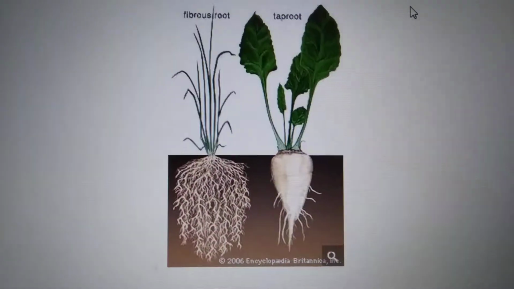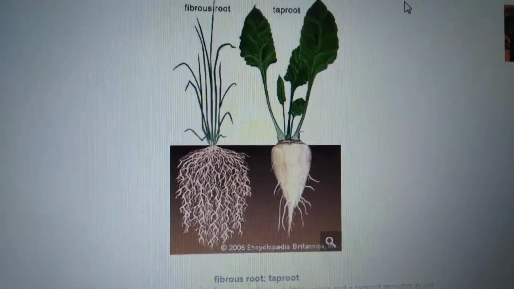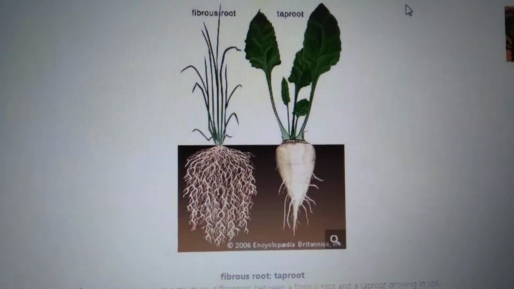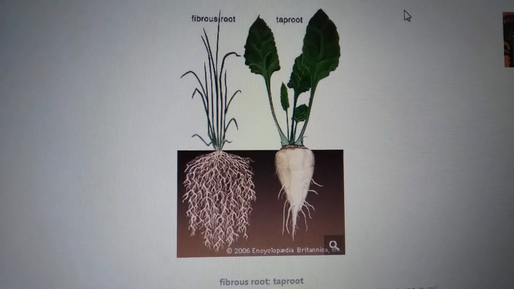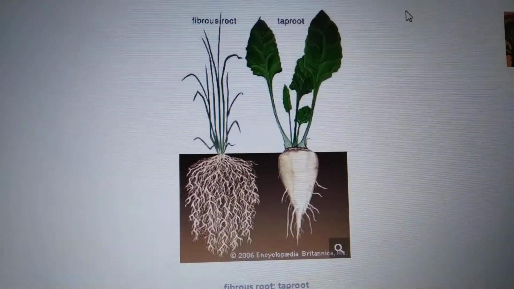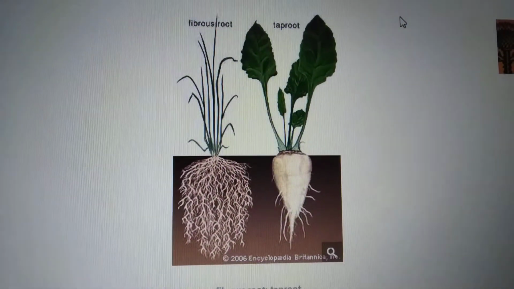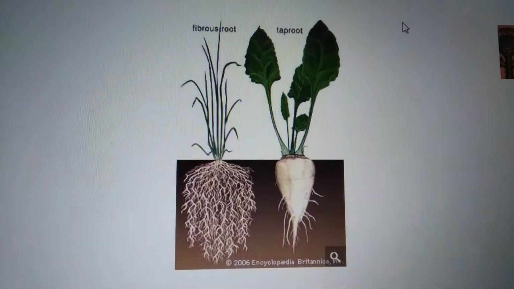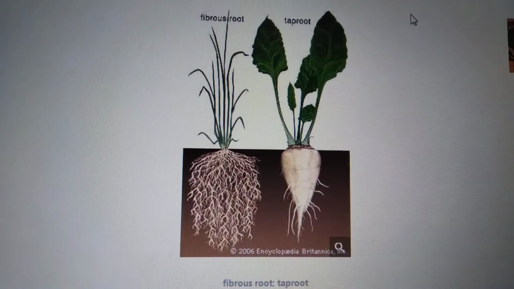Children, today we are going to discuss lesson number 2, page number 178, parts of the plant. What is the name of lesson number 2? Parts of a plant. Already we have discussed what the parts of the plant are, what is meant by root, what is meant by shoot, and how many types of roots there are, children? Yes, very good. Taproot and fibrous roots. There are two types of roots, fibrous roots and tap roots. I have shown live plants with these types of roots also.